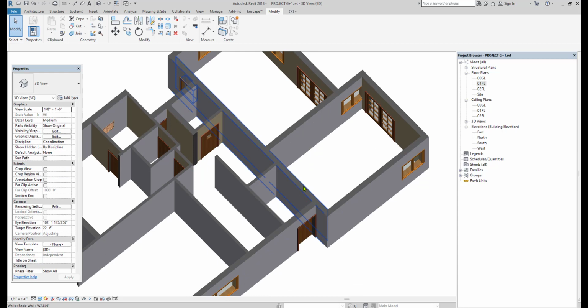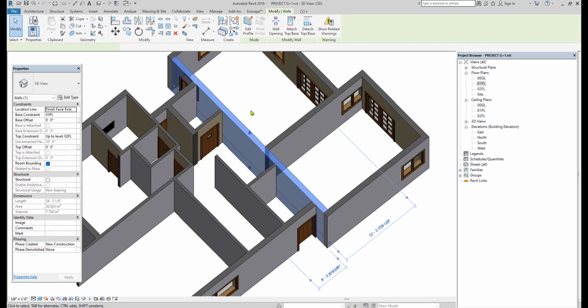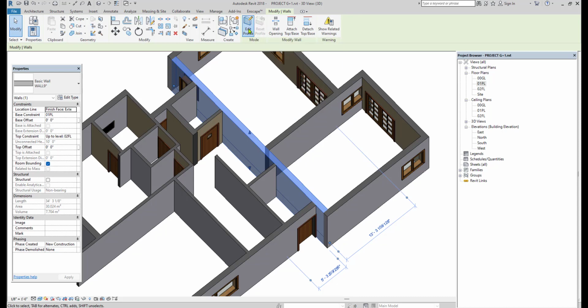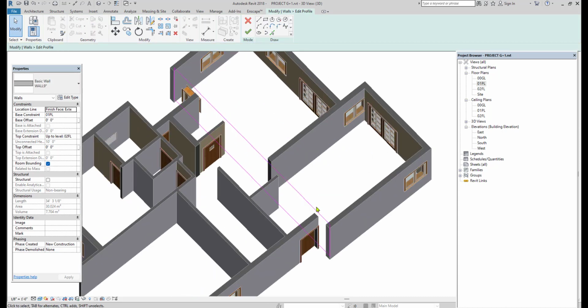So for this wall we have the 2 opening to enter into the living room and then the kitchen room. Rather than providing the door, we have to give the opening for this wall. For that you just select that particular wall and then you have to say edit profile. Means we can change the profile of the wall by converting this wall into 2D. So just I am clicking on the edit profile mode. So here you can see we converted that 3D wall into 2D.